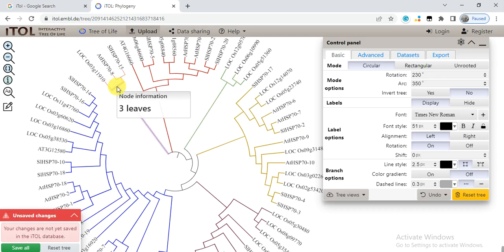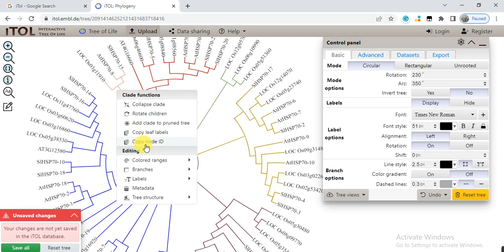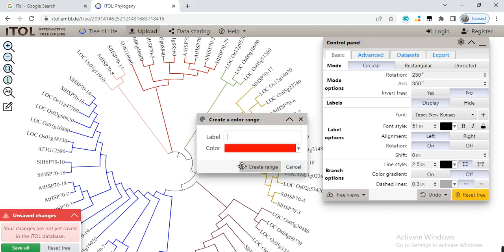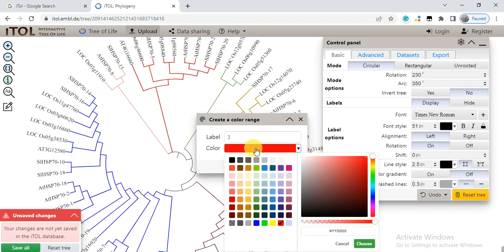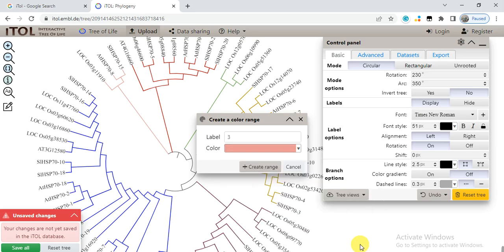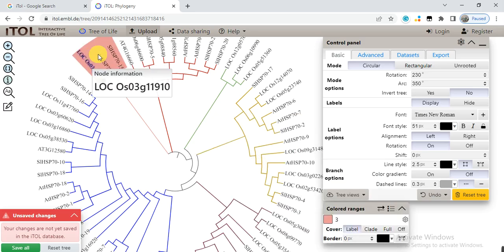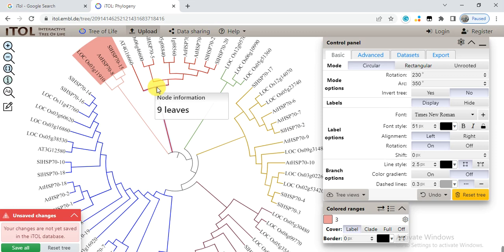So when it is highlighted, click on it, and then here colored range, create a new range, and then from here label, write that number, how many, that was 3, and here we give the color accordingly, whatever you want. So here you can choose and create. So in this it becomes this. So when we click here, it's 9,